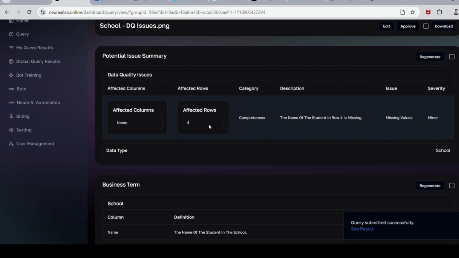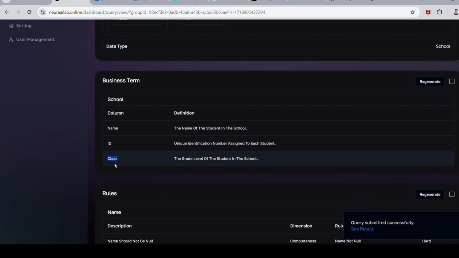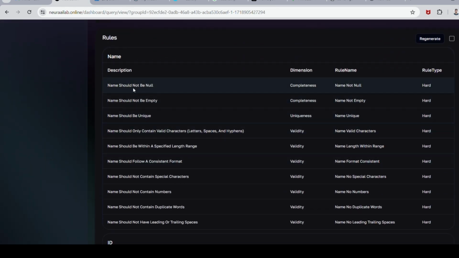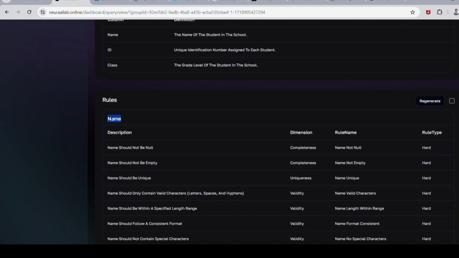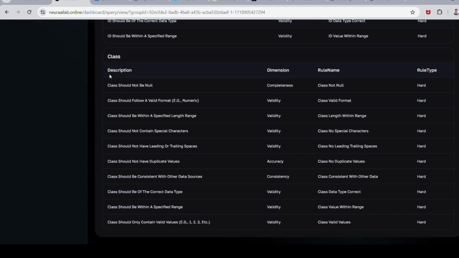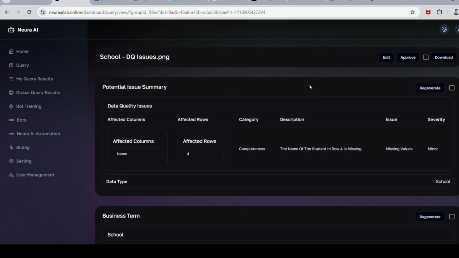If you see, we have the affected column, completeness: the name of student 4 is missing. Business terms gives us all the definitions that were in that table, what they exactly mean. And it will give us the rules. For completeness, uniqueness, and so on, for each field, the rules we can apply got generated. And this is done on the go by our